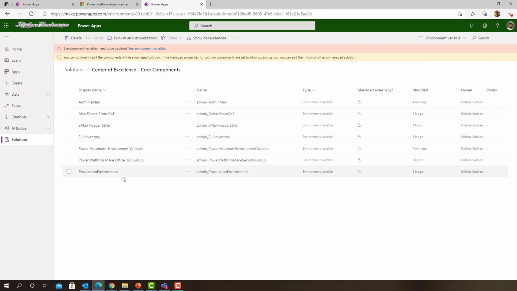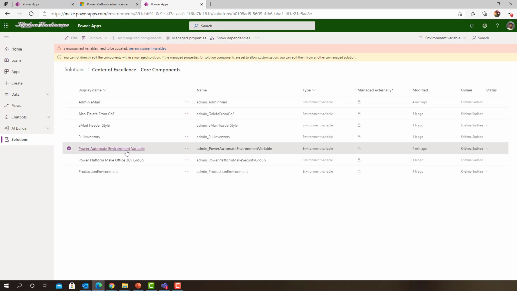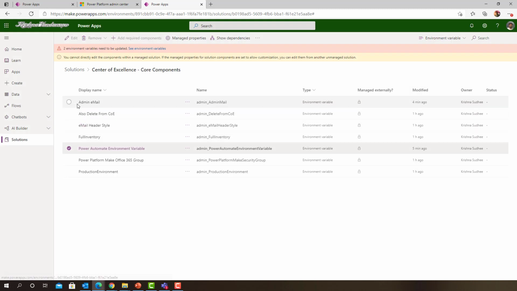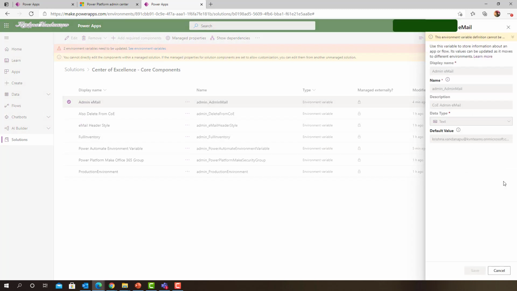These are all the various environment variables we can see as part of this solution. If you remember, we configured admin email and the Power Automate environment variable. This shows you the URL of the EMEA or US region, and this shows you the email ID to which I want to send the emails,